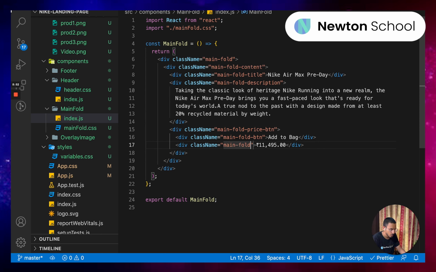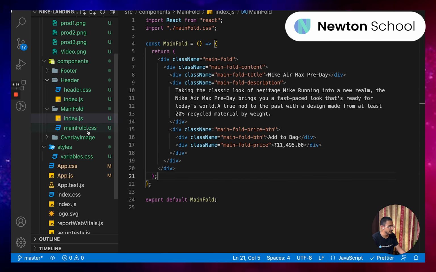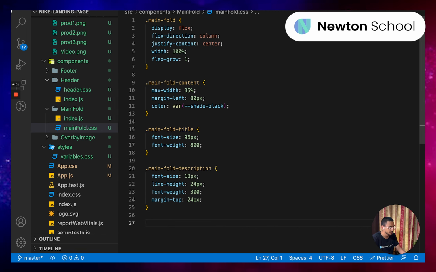Main fold price. Now in this main fold price, this price looks good. Now let's go to the main fold CSS and let's style both of these things. So first of all is the container that we have to style. Let me look at how it is looking. Perfect. So the first thing that I have to do is main fold price button, main fold price, okay, not